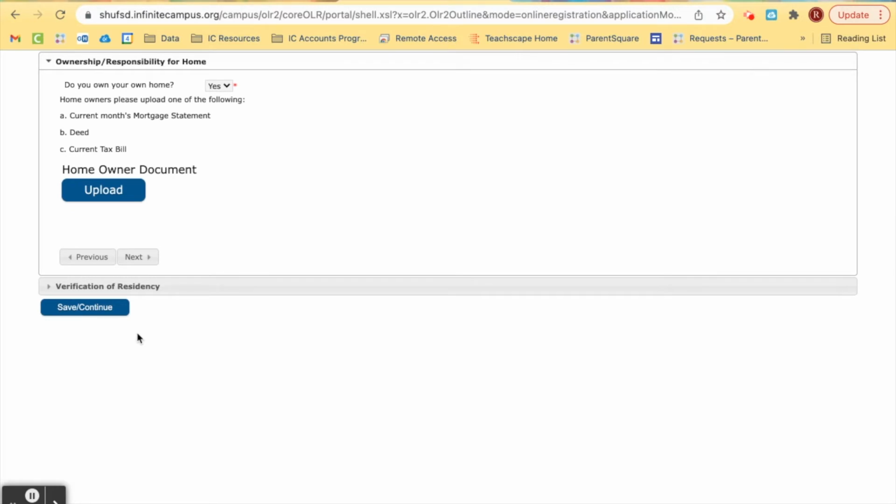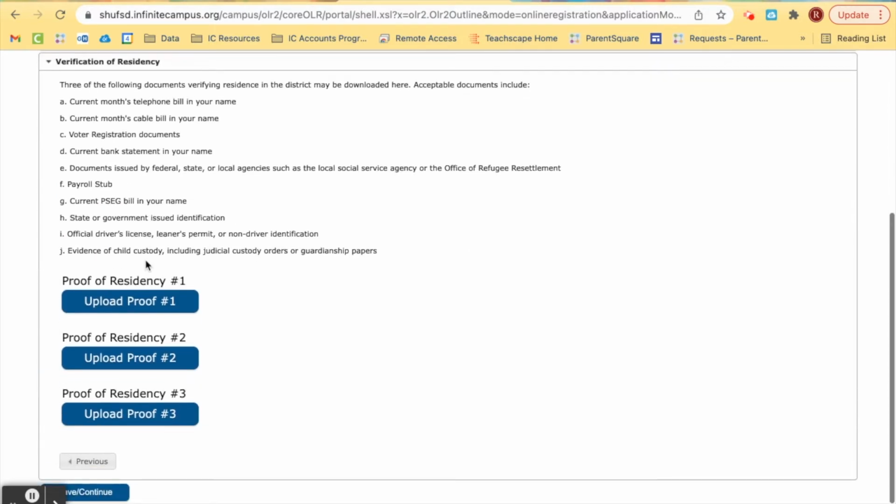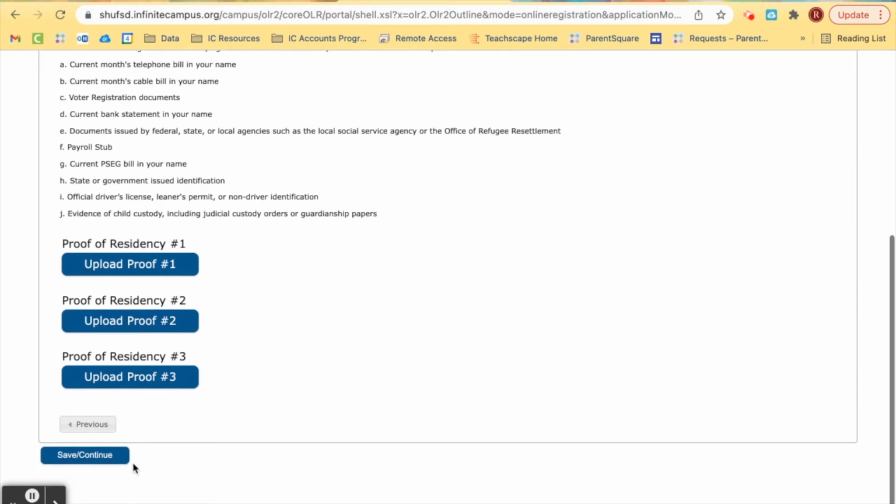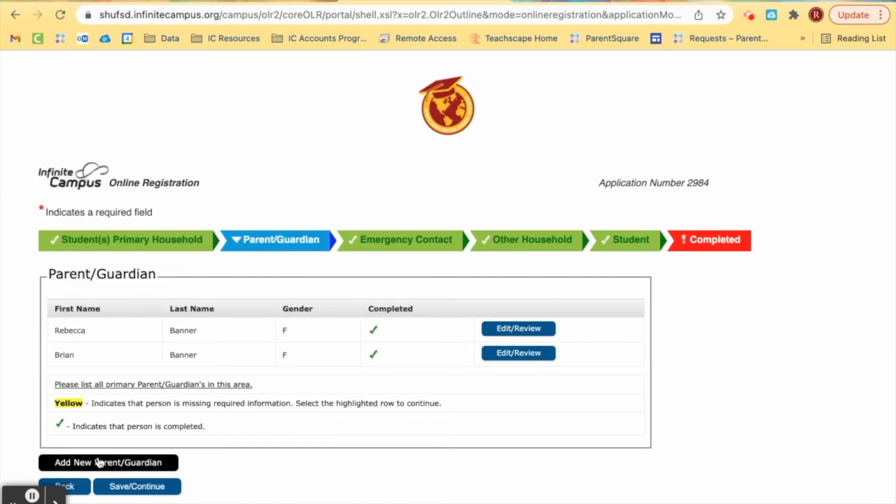Over here, we have ownership responsibility for home. So do you own a home? Yes. If you own a home, those are the uploading supports that you're going to have to submit. So either a current month's mortgage statement, a deed, or a current tax bill. And the verification of residency, those are some items that you're going to have to supply 3 acceptable documents here. And I'm going to press save and continue, which will bring us to the next section, which is all about